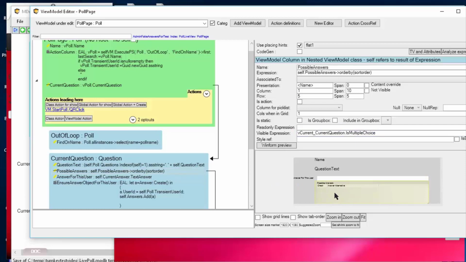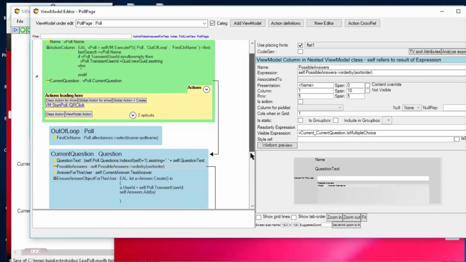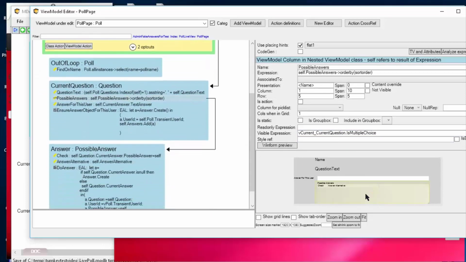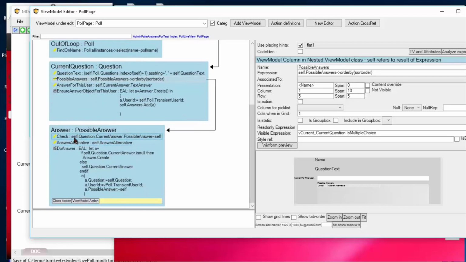And the other way around on this one: if it is a multiple choice, this one is shown. And what is this then? Well, it's the possible answers. And the possible answers have a checkbox that is backed by this action that creates the answer accordingly to make it picked.